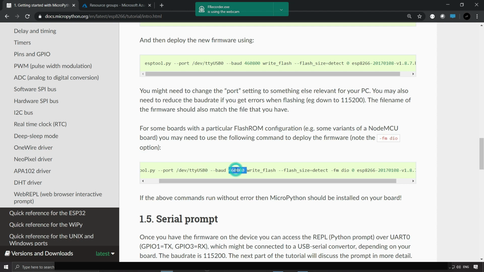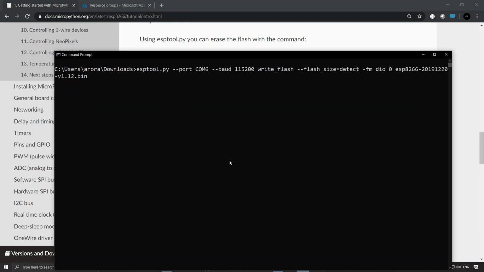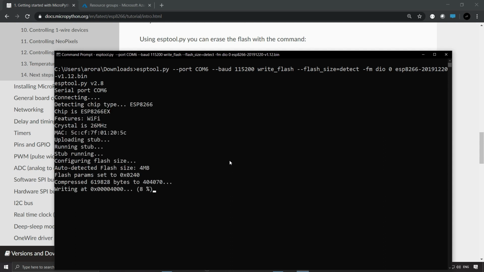This one is the given baud rate, but since the default baud rate for the ESP development board is 115200, we are going to use this one. And last but not least, we need to change the file name because the file name in our case is different. So let's do it quickly. I have changed the port number, baud rate as well as the file name. So let's press enter and the MicroPython firmware starts uploading on the ESP development board.